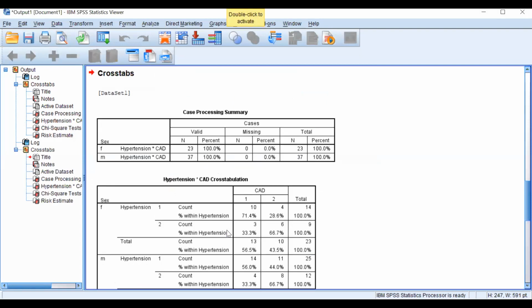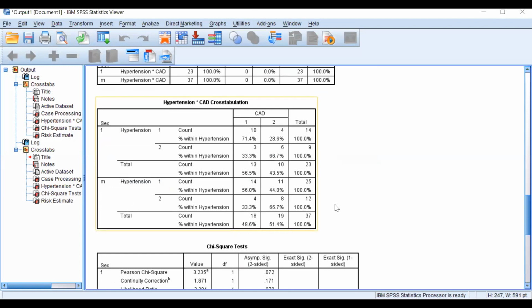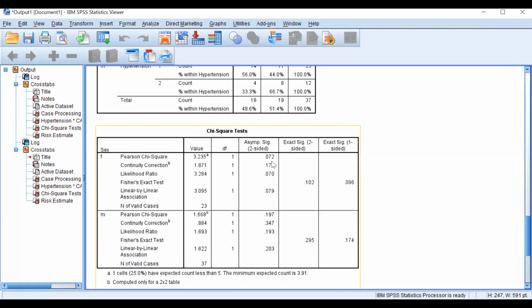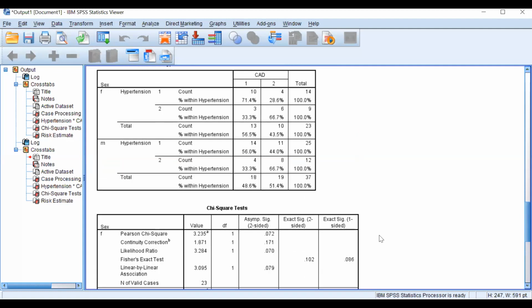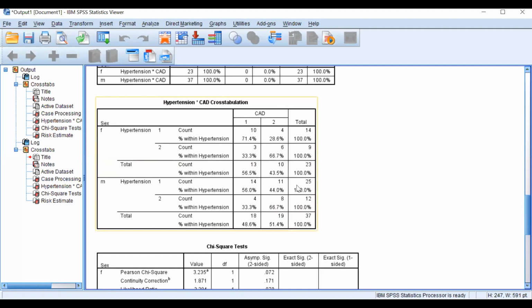Like this, you will get results separately. If you give that split file option, you will get the association separately in males and females, whether there is an association. When we split, it is not showing any association separately, which means gender has no association.